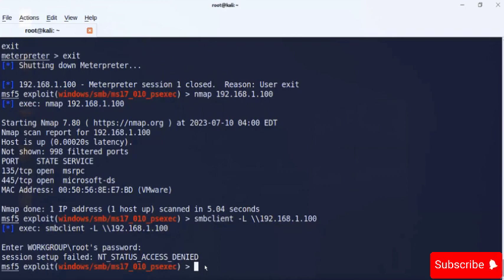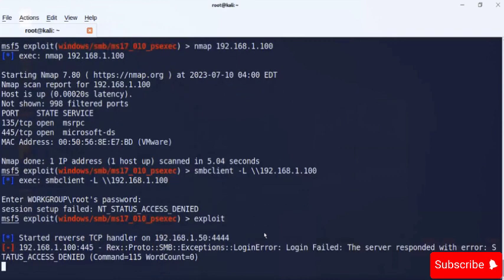We cannot share anything. We can't download anything. We can't send anything. Earlier we downloaded the file and we also sent the file to the target system. Now it is not possible. Disabling the guest account prevents the uncredentialed enumeration of shares and it will also prevent the exploit. So let's verify. So exploit and hit enter. You can see it says access denied. So we are not able to perform the exploit as well. Again, we have improved the security.